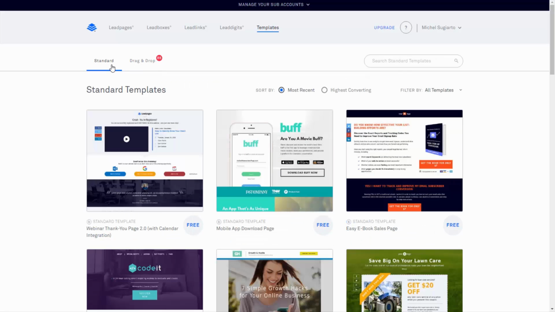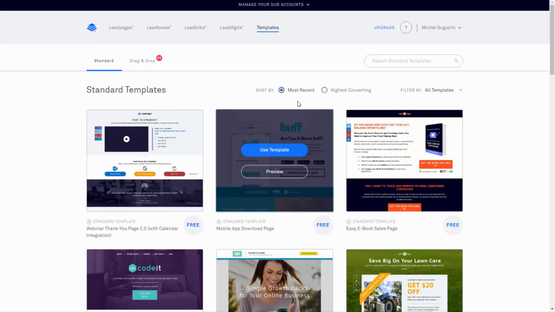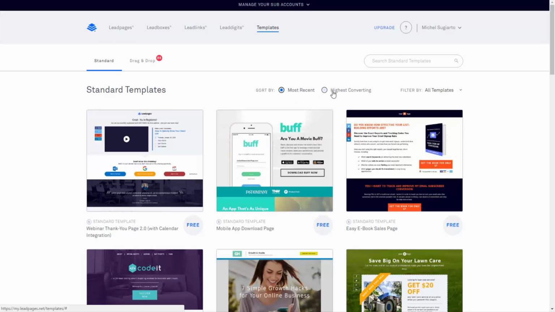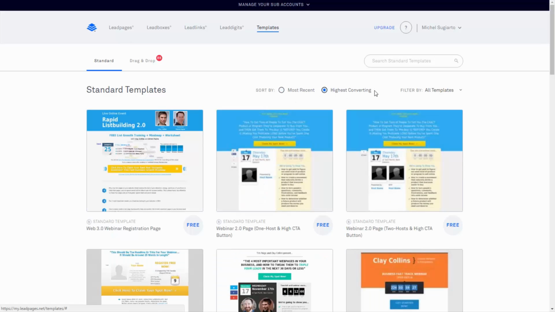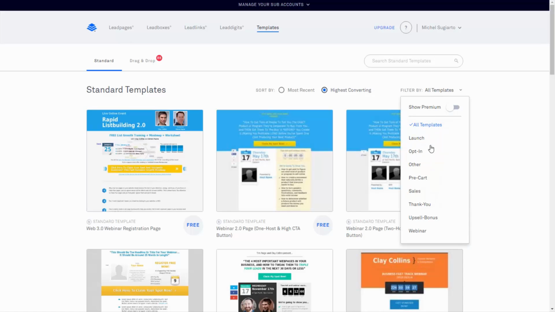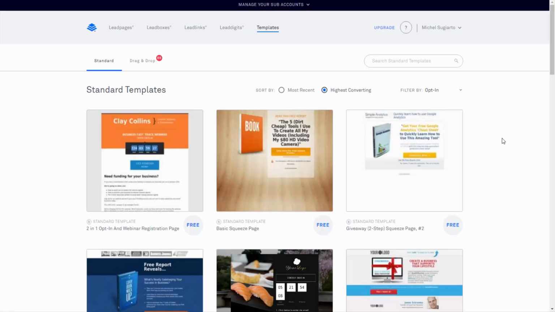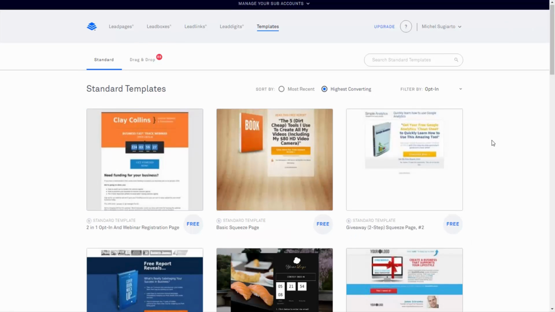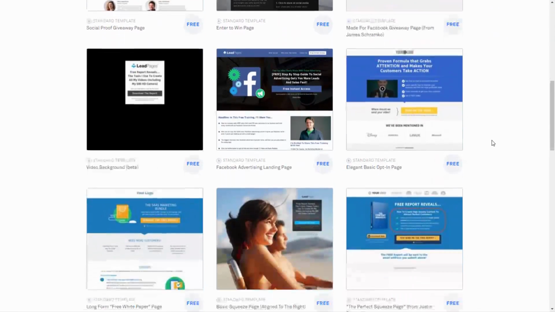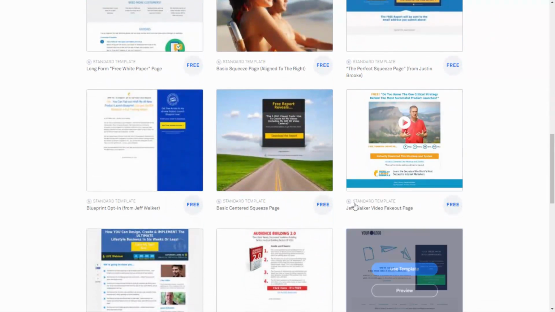Now the first one that we're going to look at is going to be a standard template, and you can sort these here by either most recent or highest converting. You can go ahead and choose highest converting here if you like, and choose the drop down. We're going to go ahead and choose opt-in here. Now I actually already have a specific template that I'm going to use. If I just scroll down here, I'm going to go ahead and choose this one here that says Jeff Walker